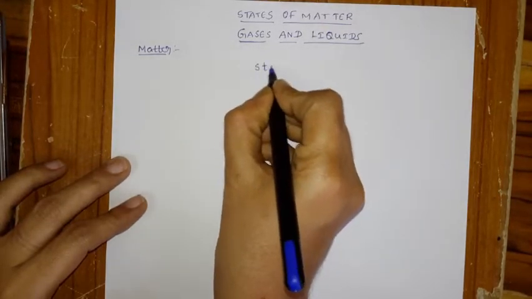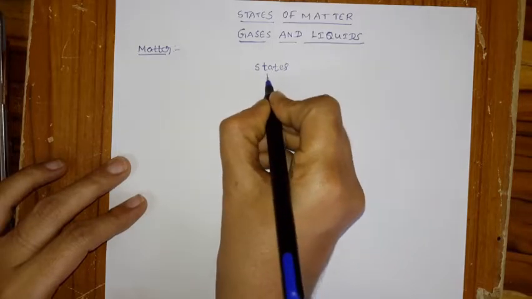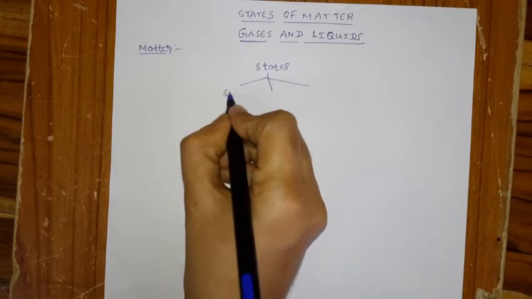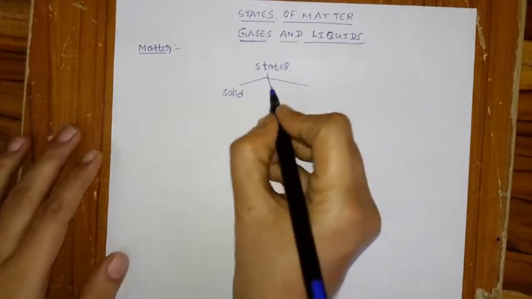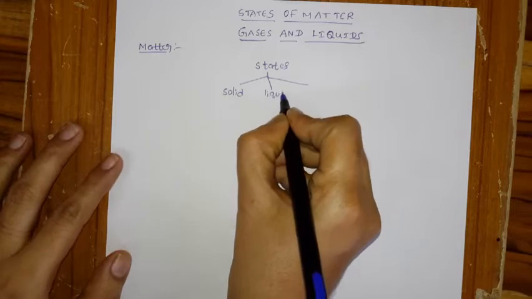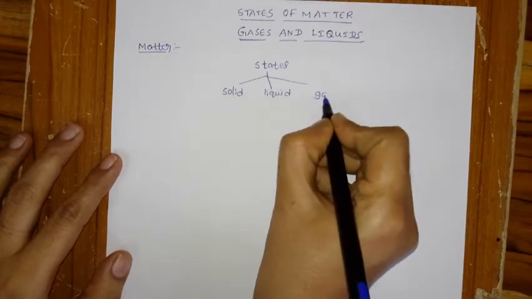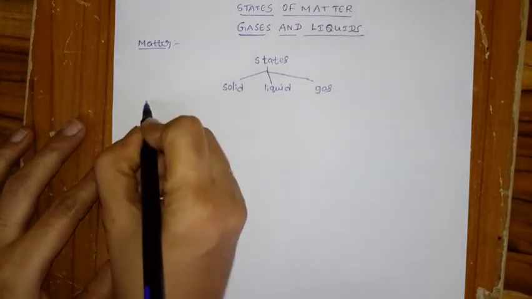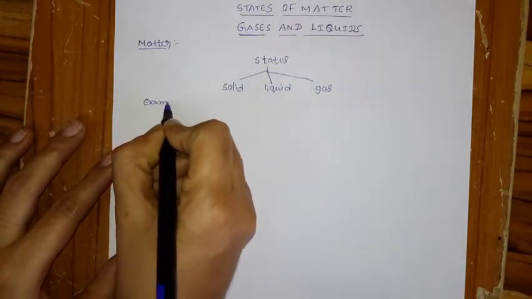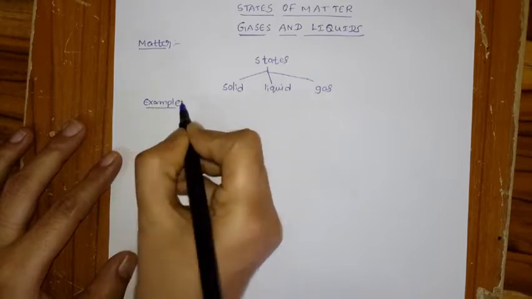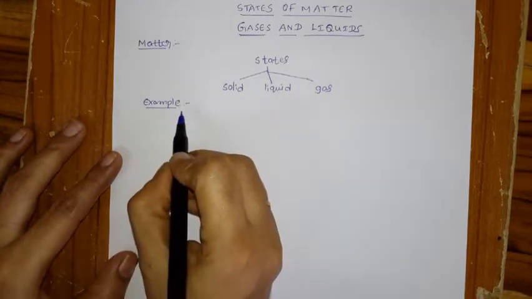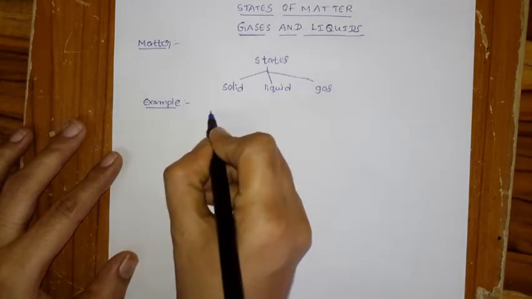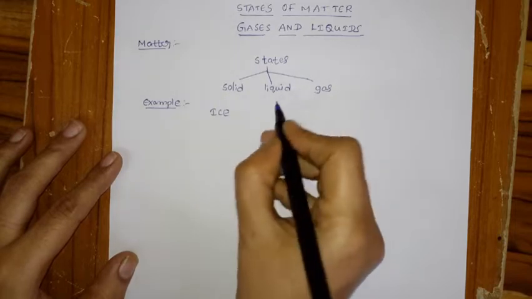Now we have the states of matter. Generally, as we know, we have three states of matter: one is called solid, the second is liquid, and the third is called gas. Let us discuss an example. Why should we discuss states of matter? If we take ice,